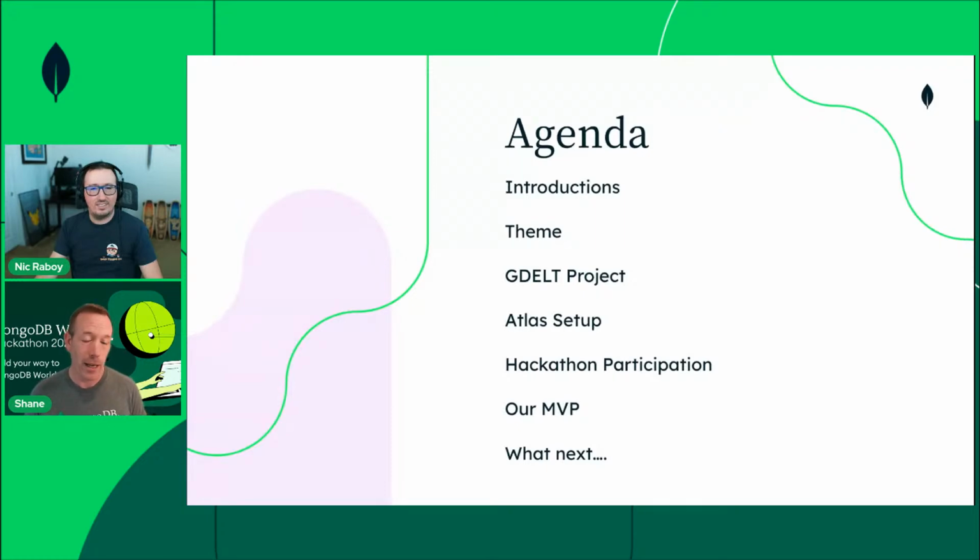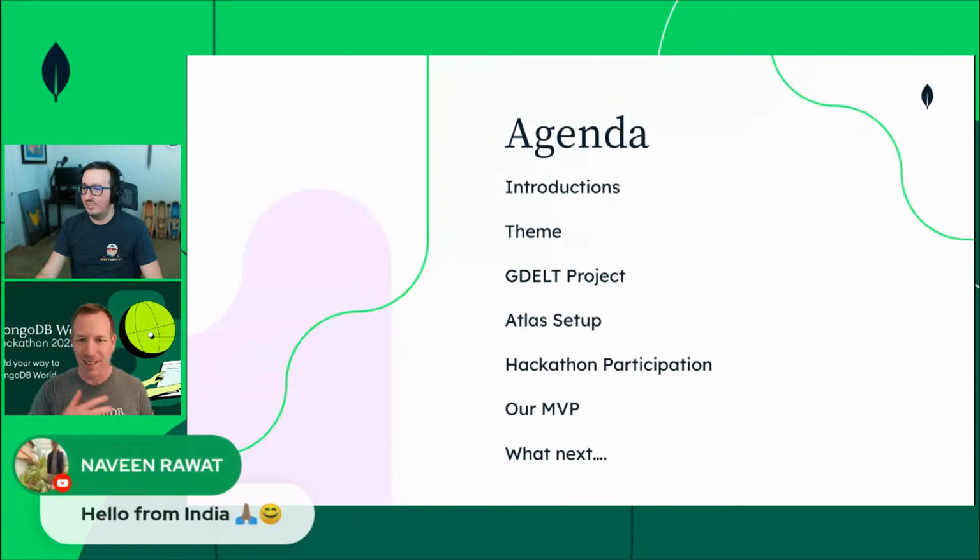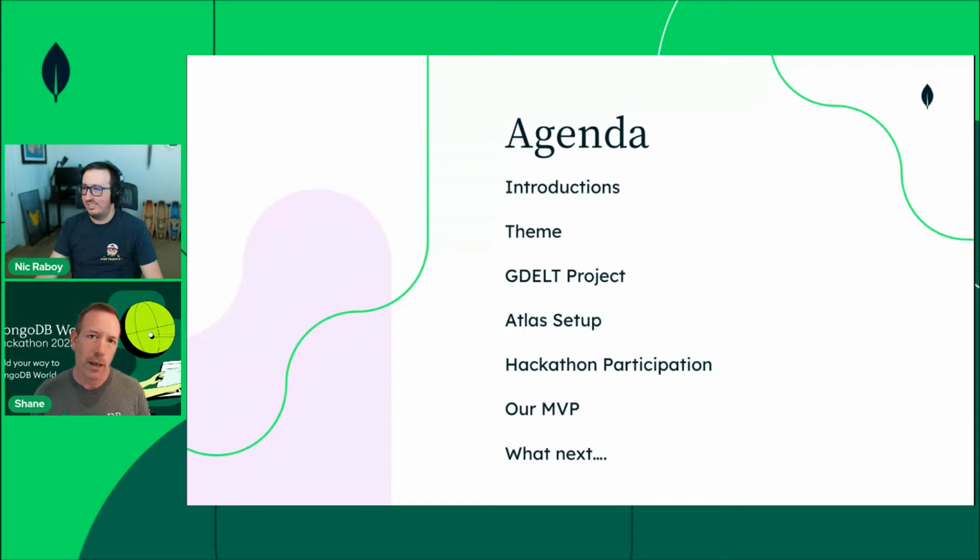I think that in the last 2 years, people have got used to doing things online, and we know that hackathons in person have a certain kind of serendipity to them. You get together in a room or a hotel or a conference suite, and we get to matchmake and put people together. And we'll talk a little bit about how we're going to do that in this virtual hackathon. We're also going to speak about the theme, the GDELT project. We'll talk a little bit more about that fascinating data set that we're hoping to use for this. Obviously, it's the MongoDB Hackathon, so we want to get you set up with an account on mongodb.com